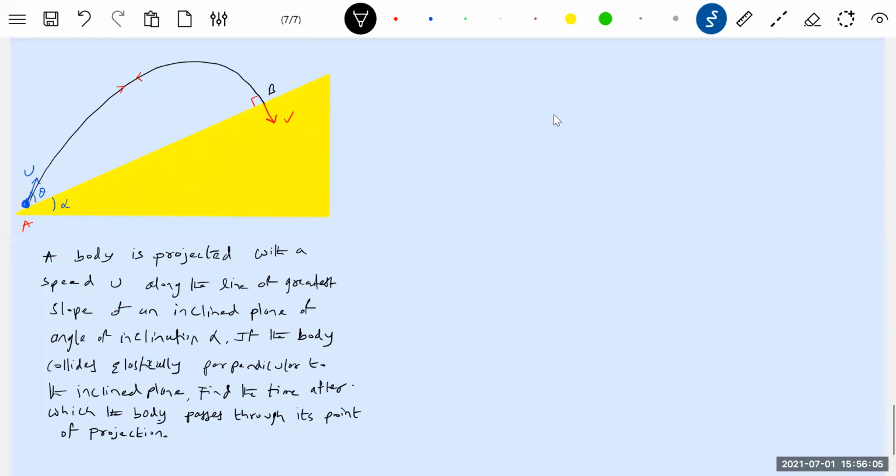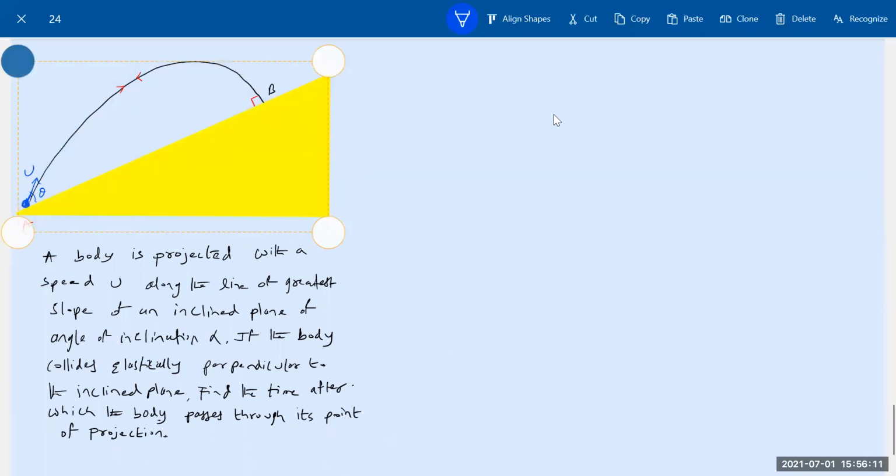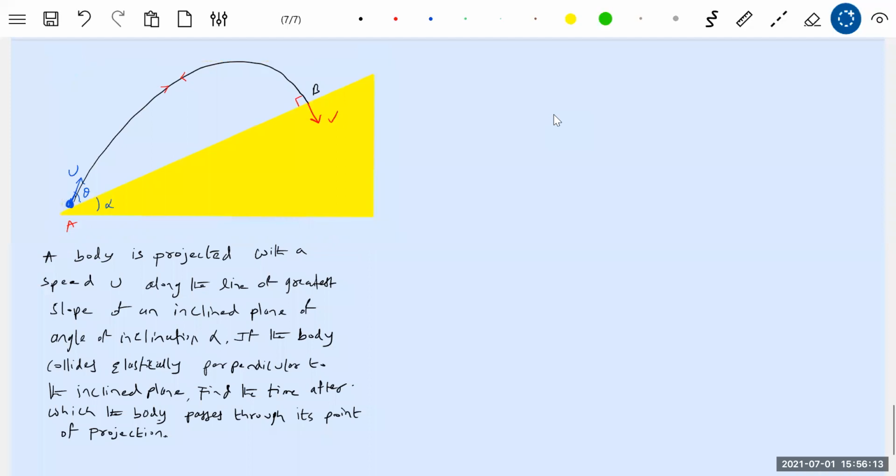I have to resolve the velocities again, no? Okay, start working. But what is the overall methodology? The methodology is to resolve along the incline and perpendicular to the incline. That's the best approach here.